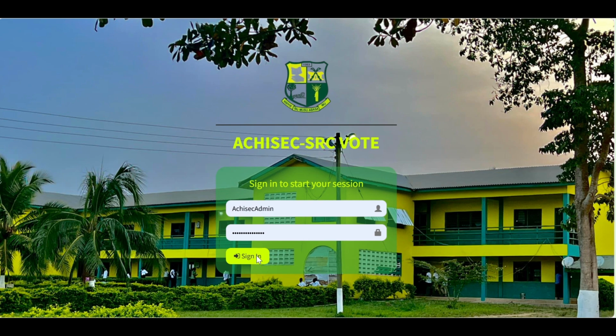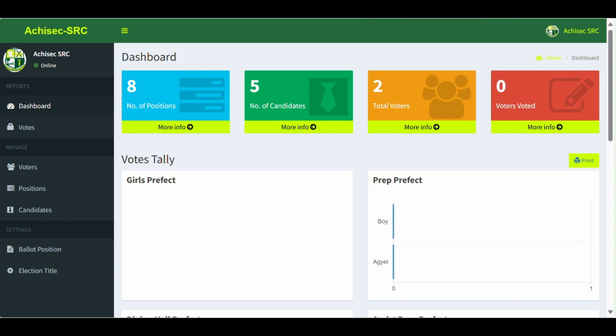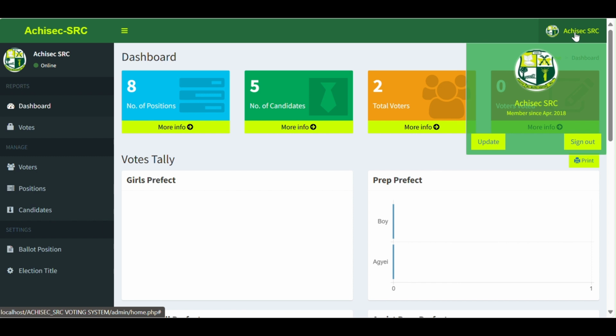Now let's log in as an admin. Once I log in as an admin, a very nice dashboard appears right in front of me, and on this dashboard we are going to see the number of positions, number of candidates, total number of voters, and then voters who have already voted. And on the dashboard we have the SRC. When you click on it, it's going to display to you the